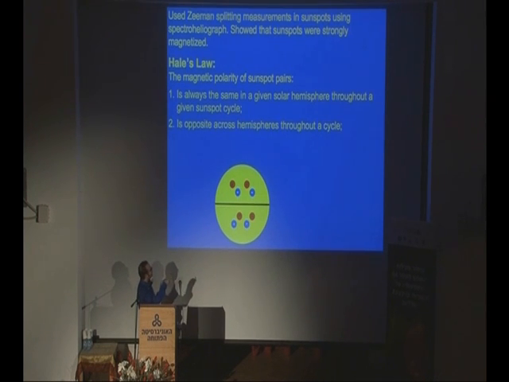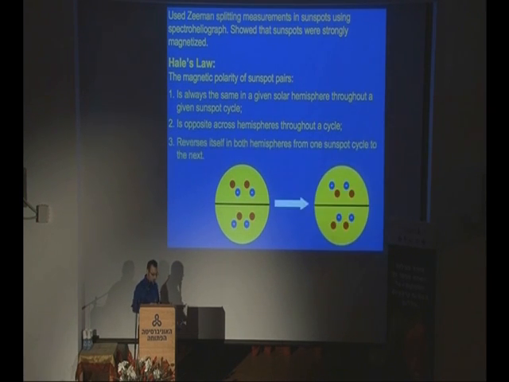And again, they are opposite across the equator. He also discovered that when the field reverses, when we get to the next cycle, this polarity reverses. So we move from positive and negative to negative and positive, and the opposite behavior in the other hemisphere. This essentially tells us that the magnetic activity and the sunspots are related to the behavior of the magnetic